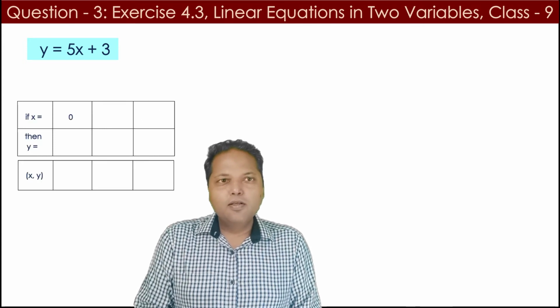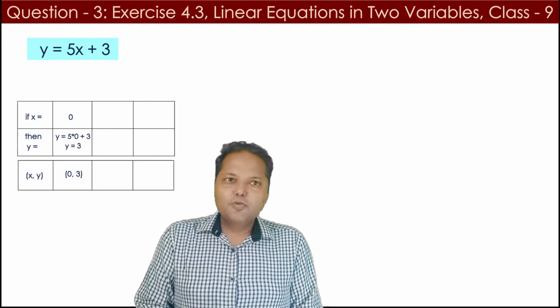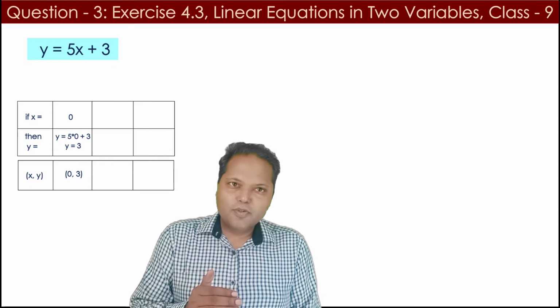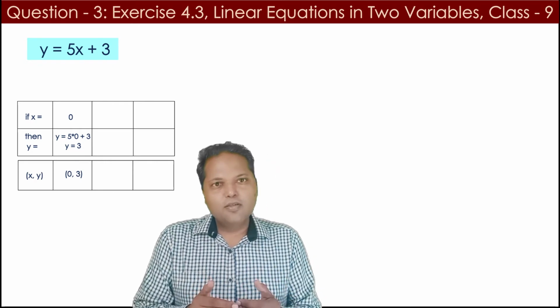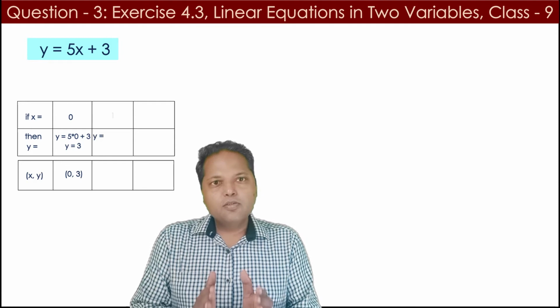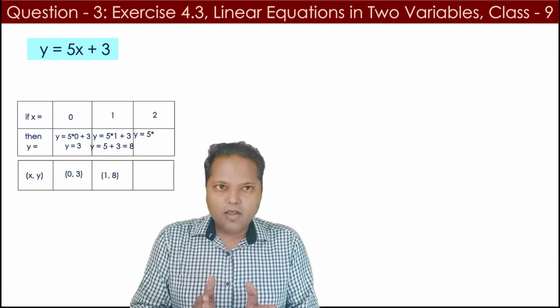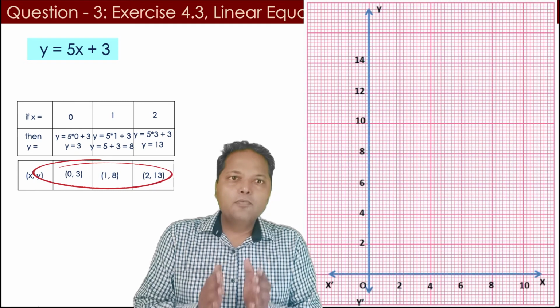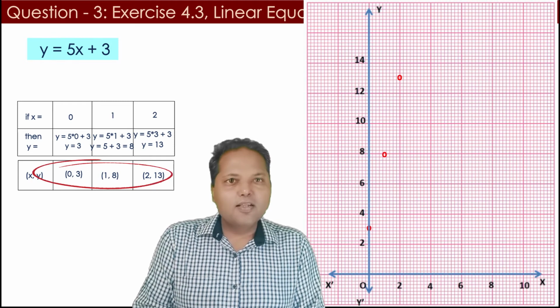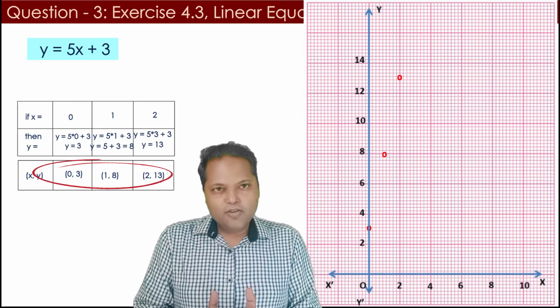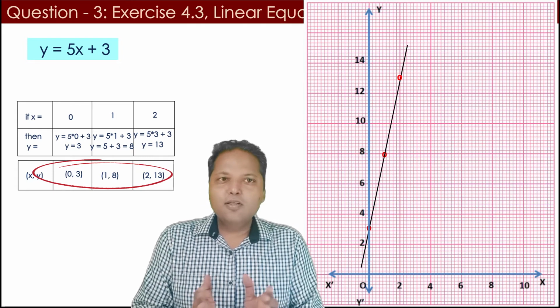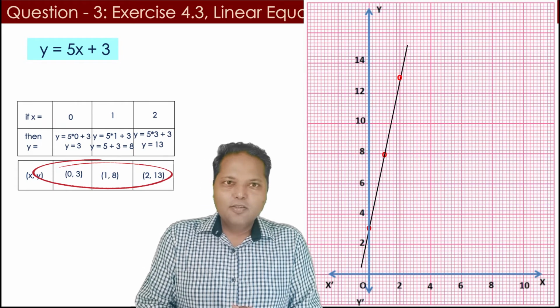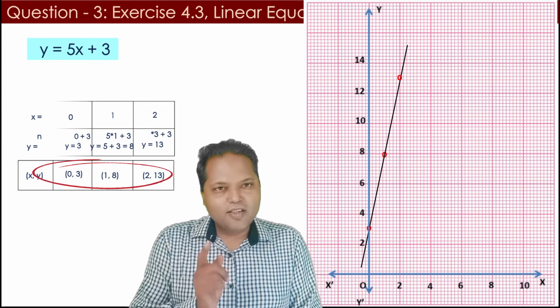This is pretty simple. As a first step, we need to identify the three solutions of this particular equation, and we'll do this. Now we have these three solutions. We will plot them onto the graph, and once we have these three dots, we'll connect them with the help of a straight line. And this is how we have got the complete question answered here, right? So now let's move on to the next question.